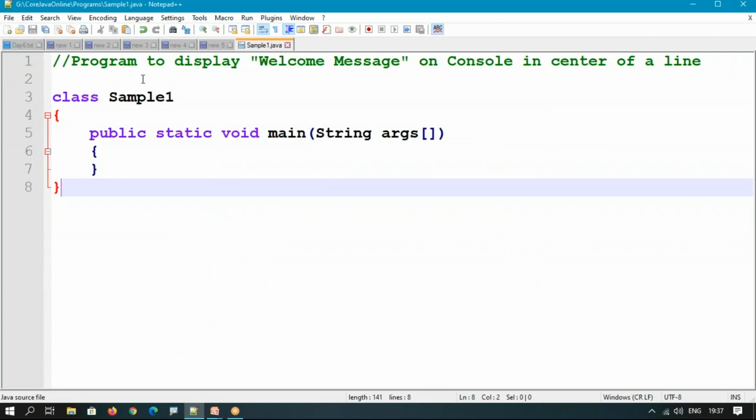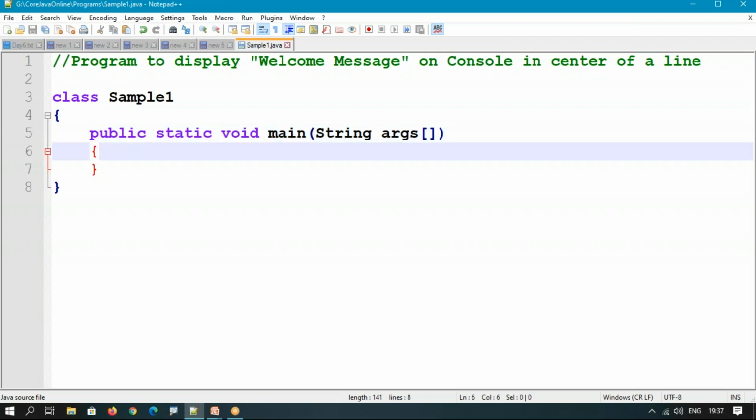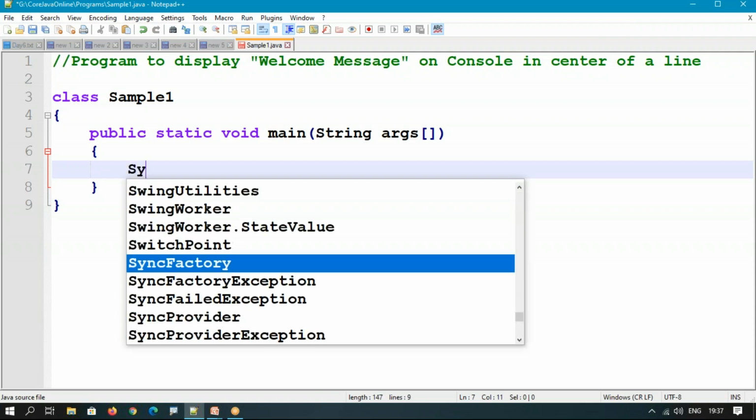So colors also changed for us. We got comments in green color, and class, public, static, void keywords in violet color. This is the speciality of Notepad++, which helps us to work very flexibly in Java programming. Now inside this main method, I'll print something like